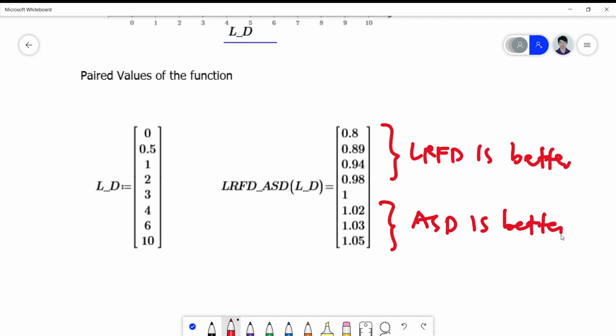But we have to stop. We don't want to stop at this point, because if we observe the values of this ratio, we are talking here of only a 5% difference from 3 to 10, and here we are talking of a 20% difference from 3 to 0. So which means that